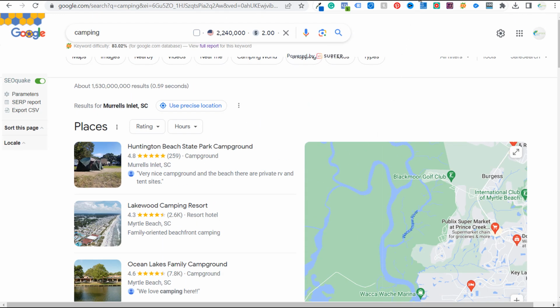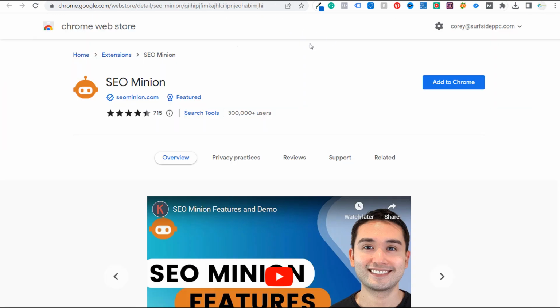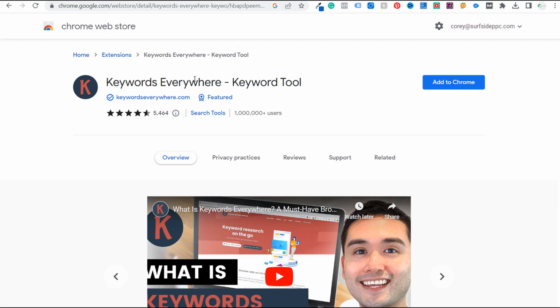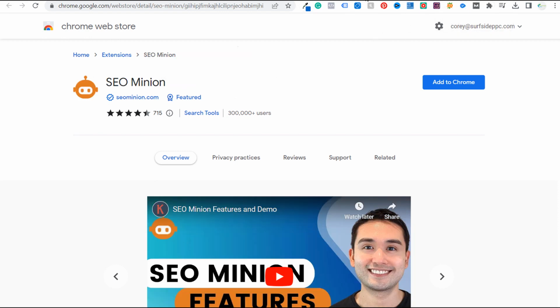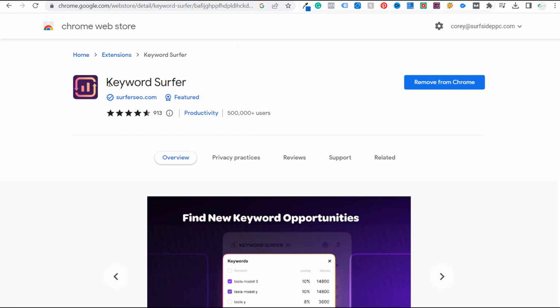Now, recently they removed Keywords Everywhere and SEO Minion. They are still Chrome extensions, but they removed the completely free versions of them. So now I think they have, if you want to use the previous version, it's $1 per month. I have no issue with them charging for the service, but now we've had to go and find some new Chrome extensions. So if you want to pay for those two, no problem. I talked about Keywords Everywhere so much in my keyword research course, but we'll have to find some new tools this year. So let's close out of these tools, and let's start with one of my favorite tools, and that's